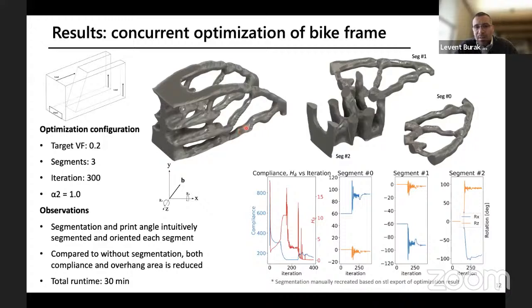Here's a slightly more complex example with masked regions, as well as a number of 3 segments that we're targeting for. And here's the final structure that was optimized, together with all the partitions that come out of it and their optimal build directions. So for each part, it actually tells us in which direction we should be building this. And you see that in all three cases, for each three segments, the amount of support structure will be very, very minimal. And we can see that we can monitor that progress throughout the iterations by monitoring the compliance, the overhang support structure, and the angles that are being produced here.